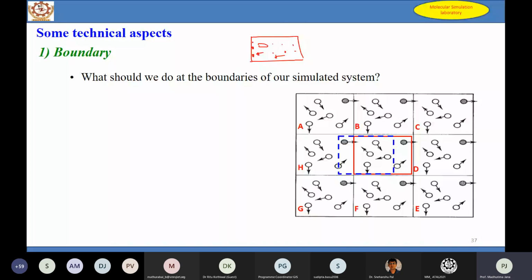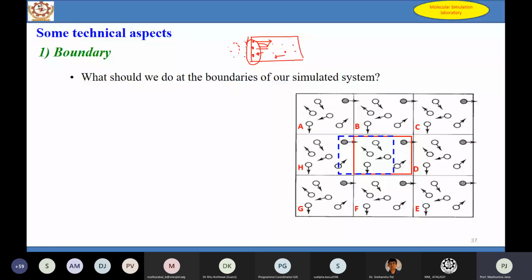When it is stuck at the surface, it will feel some unbalanced backward force. Why will it feel an unbalanced backward force? Because we do not have any atoms beyond here. If I just consider my simulation box, there will be a surface effect, and that is the reason we are always asked to take the simulation box a little larger, and also to use some techniques so that the surface effect can be minimized.